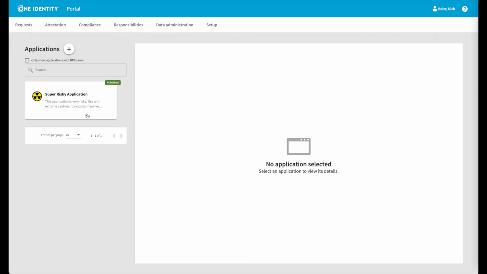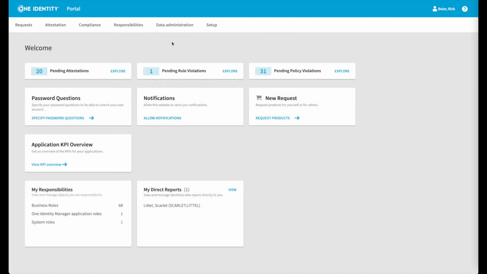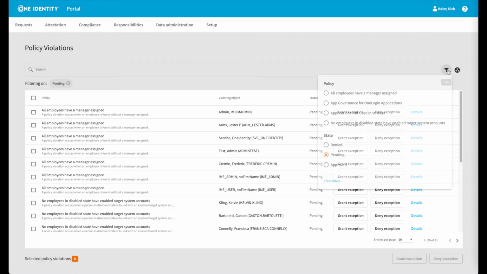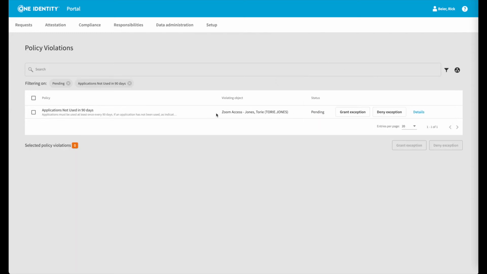Imagine a user has requested this hypothetical super risky application, but doesn't ever use it. Do they really need it? Without integration between SSO and IGA tools, the best you could do would be to just remove the app from their SSO dashboard, but that would leave all of those accounts with high-risk entitlements just sitting there waiting for somebody to breach. But with Identity Manager and OneLogin working together, this intelligence that the application has not been used can be used to inform the IT or compliance team that there is unnecessary access that may represent a vulnerability.